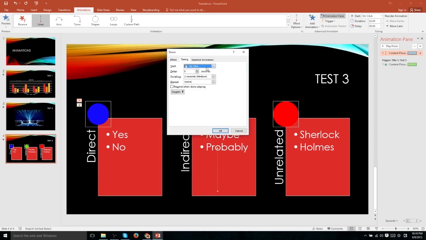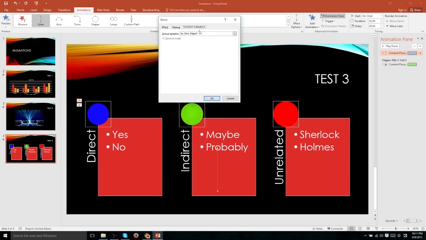On the timing tab, we have the same options to tell it when to start, how much it should delay after that starting event has triggered, how long we want the animation to be, and whether we want it to repeat or not. Specifically for Smart Art, we're given a Smart Art Animation tab where we can take our Smart